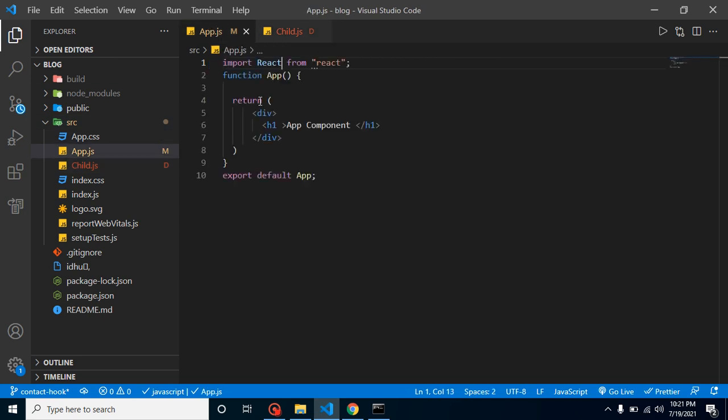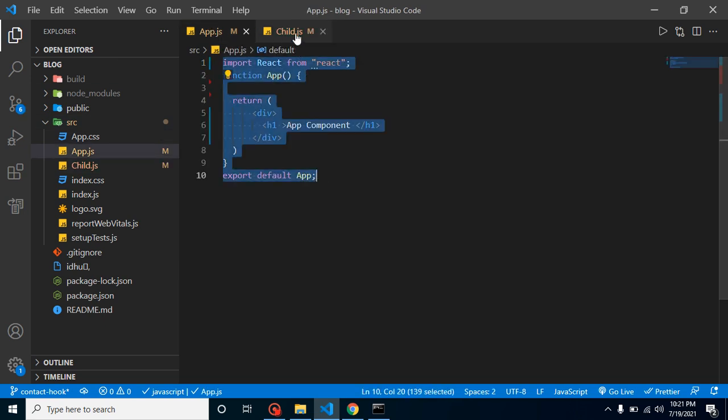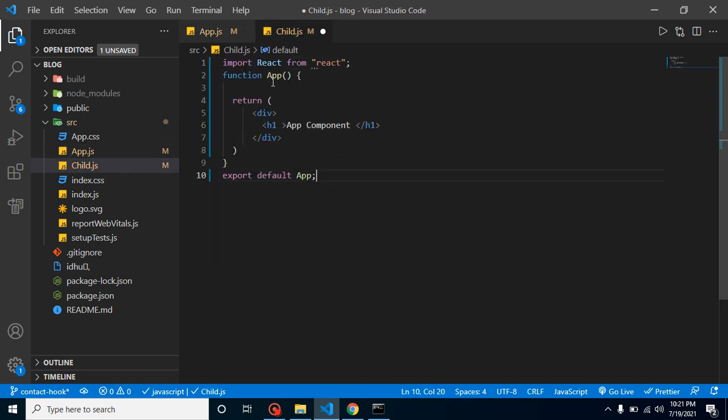To make it very quick, I want to copy the code from here to here and just simply change the name of the component to child, and let's export the child, and here let's use it.